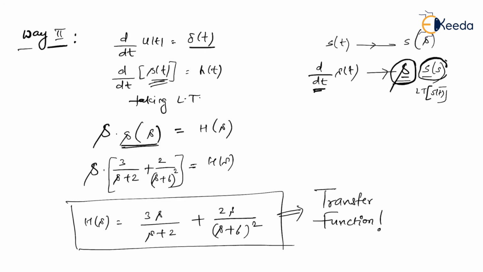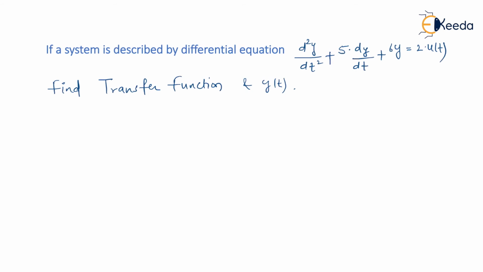Right? So in way 1, we got a somehow different transfer function, but let me tell you, just solve further whatever answer we got in way 1 and then you will reach the same H of s as the transfer function. After all, you have to solve till what point? Till you get a correct option from the given ones. Am I right? So let's move to the last question.